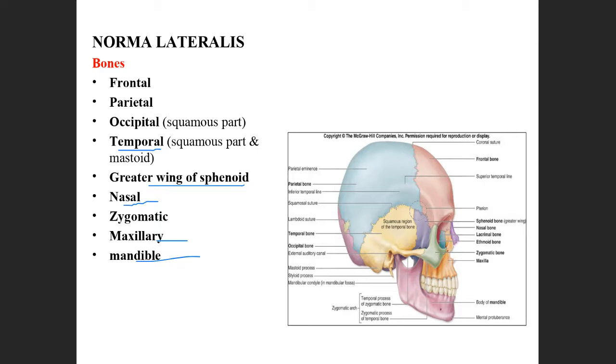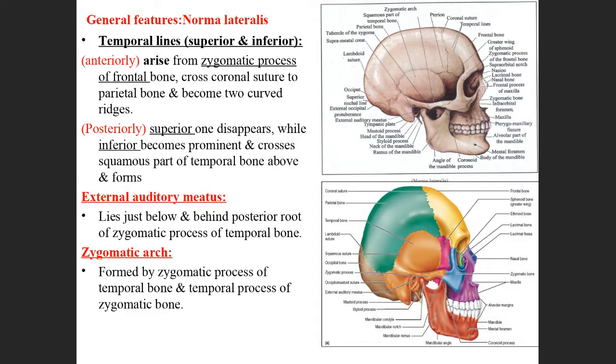All these bones, when you see on the front side, the view is different. On the lateral side, the view is different. So most of the bones you will see in the front side and also in the lateral side. In the lateral side, among the common other bones, you see the temporal bones. Okay. And this is the sphenoid bone here. Okay. Next. So what are the features you see in the lateral side?